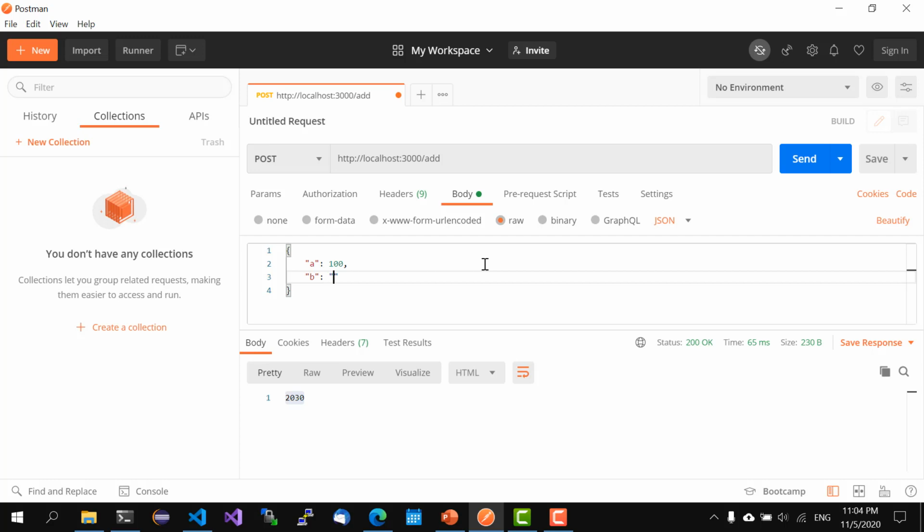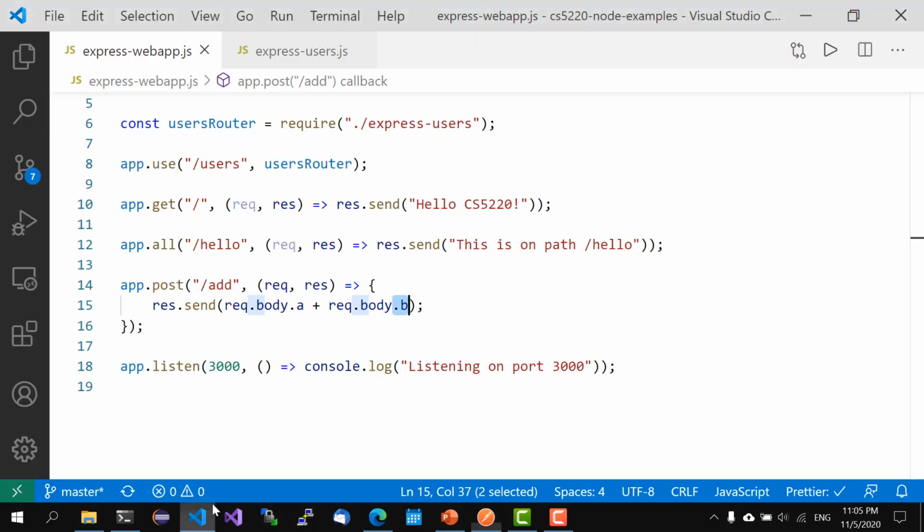Actually, let me change them to strings because I suspect that if there are numbers, there will be an error. But let's first use them as strings, and similar to